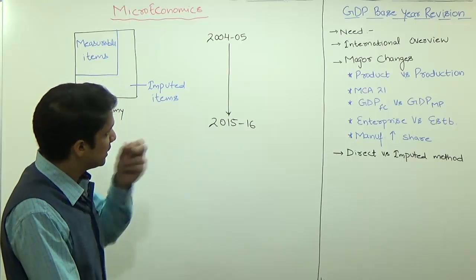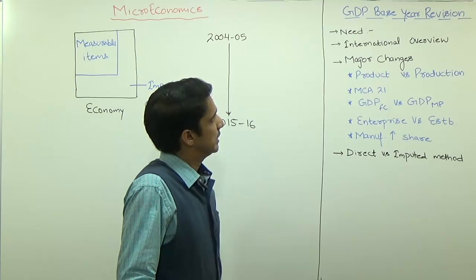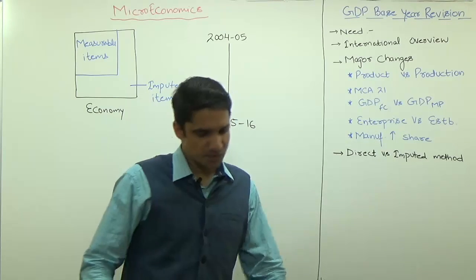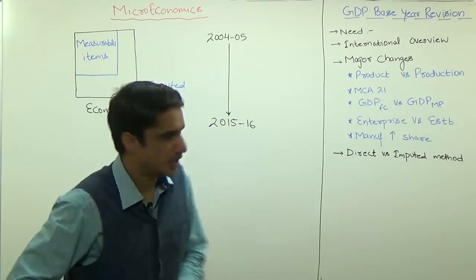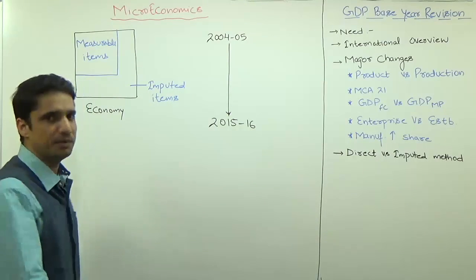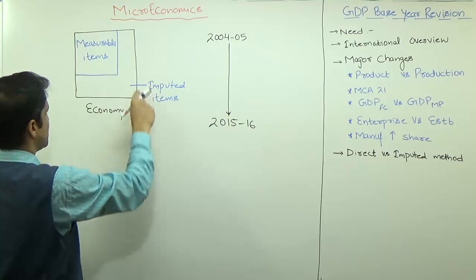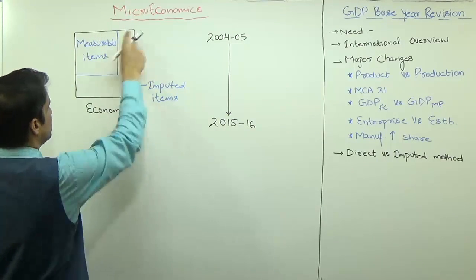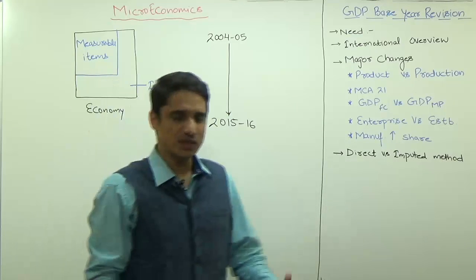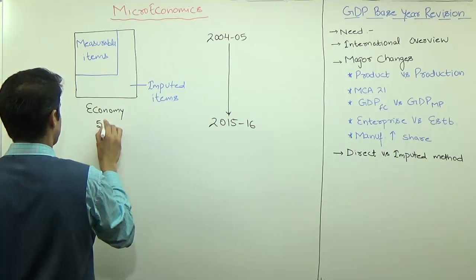So in today's lecture, this topic is relevant from an exam perspective. The GDP base year revision was very much in the news in 2015. Because what exactly do you mean by GDP base year revision? GDP is nothing but the money value of all the goods and services produced in the economy in one financial year. So suppose this economy is producing 5 lakh items,